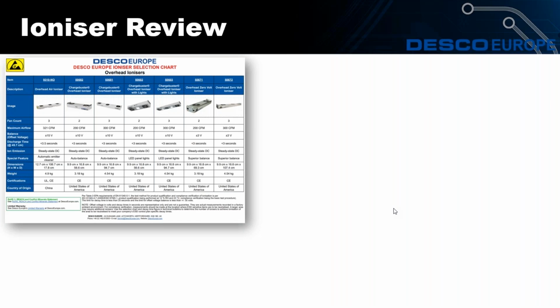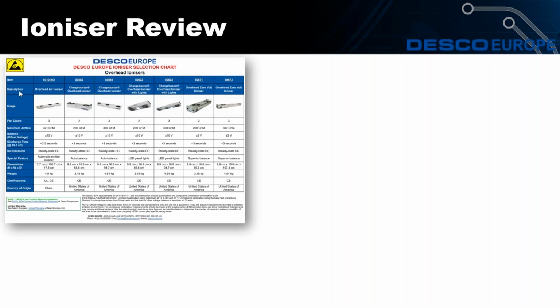So I said we'd look at some ranges of ionizers, and the first one that you can see here is our range of overhead ionizers. And I won't go through all of this. These are all available to you on our website. And at the end of today's webinar, we will be sending out a copy of the presentation that I'm using today, and there is going to be an embedded link in there to take you to these links on our website. But you can see here, this is our range of 2 and 3 fan overhead ionizers,